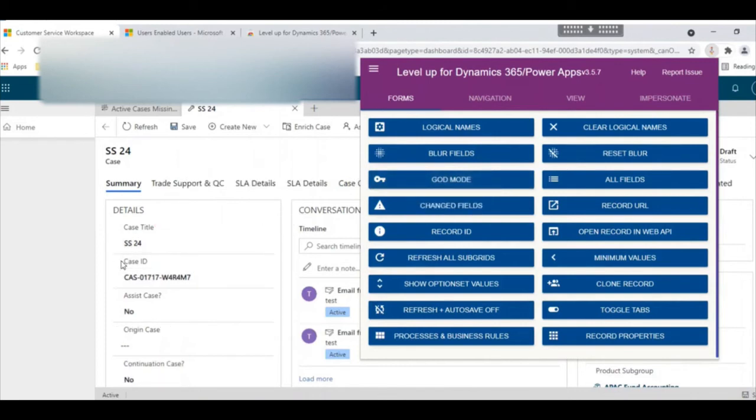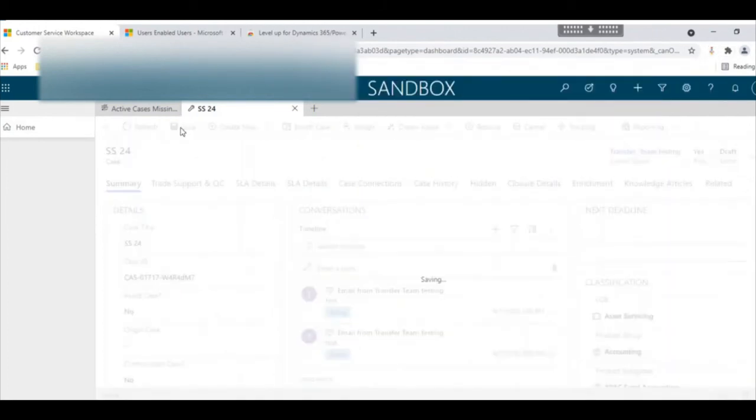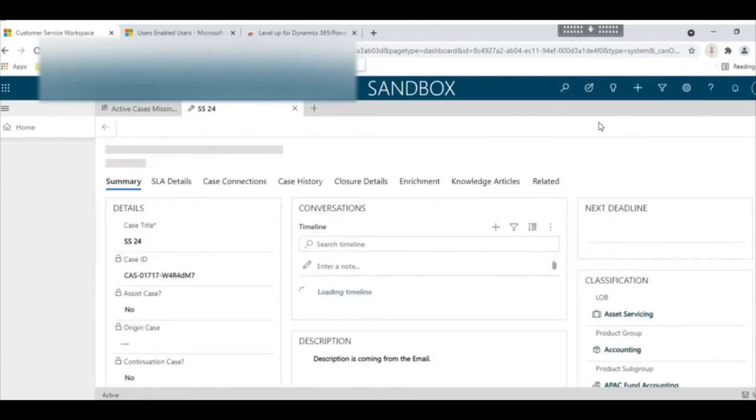If you see this is locked, that will become unlocked. With the help of God mode, if you are doing some testing and you have to update a field but it is locked, otherwise you would have to open the form and, using the customization, unlock it and update it. Once the testing is completed, you would again lock it using the form customization. But for testing purposes you can use God mode. It will unlock all the locked fields. You can change according to you, save it, and refresh it so that God mode will get over.